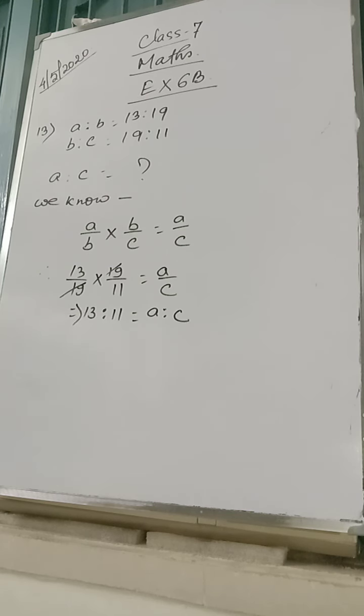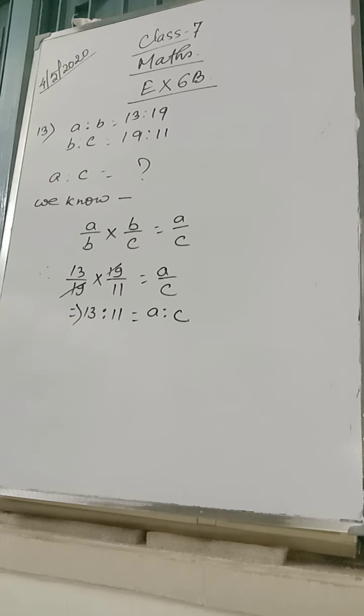Now, next we have the unitary method. Just fill in the blanks. You can write it in the copy. You don't need to solve, just write the answers. Next we have the unitary method, and in this unitary method of ratio we have two variations, that is direct and